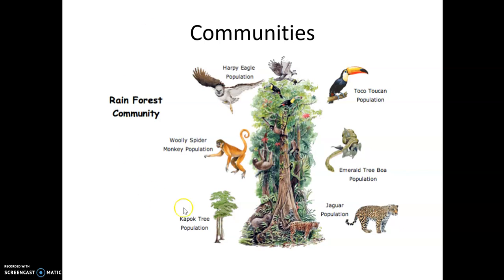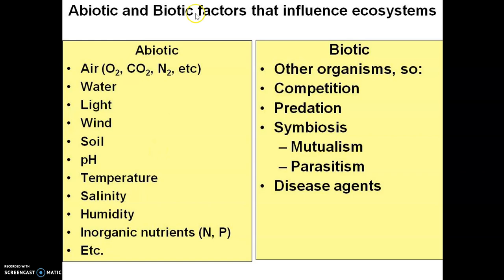But to sum up or to draw on some of the stuff that we have covered already, I just want to remind you about the community concept. So all the populations of different species living together in a certain area, and these species would of course affect each other, right? And if we also take the abiotic factors into consideration, then we talk about the whole ecosystem. But different populations of different species will affect each other's. And like I just said,